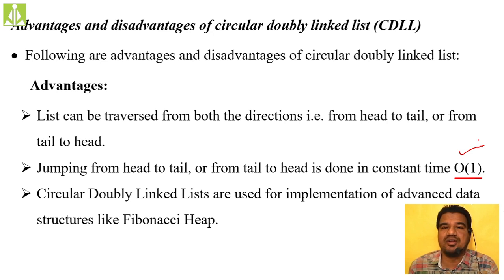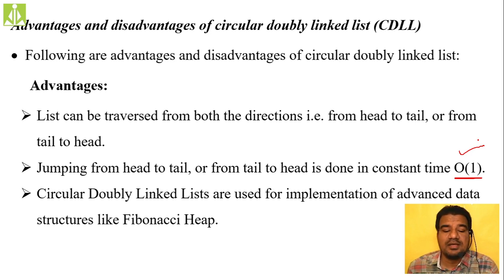Directly we can jump from the head node to the tail node simply by saying head equals head of previous. If you say that, your head node will directly go to the tail node. Or if you are jumping from the tail node to the head node, and your temporary pointer is pointing to the tail node, simply say temp equals temp of next, and directly it will come to the head node. In that way you can jump from head node to tail node to head node in order of 1 time. No need to traverse through all the nodes.